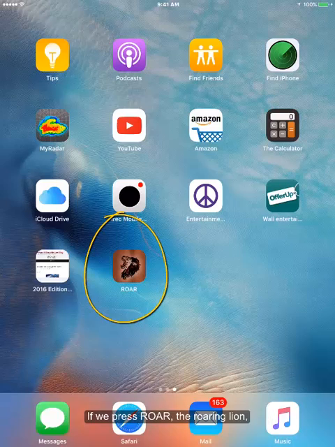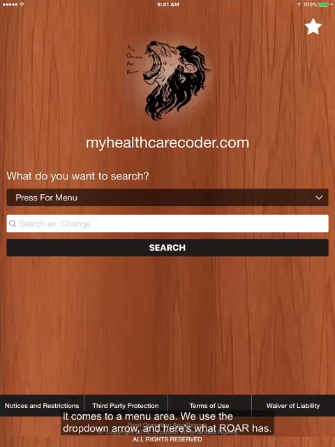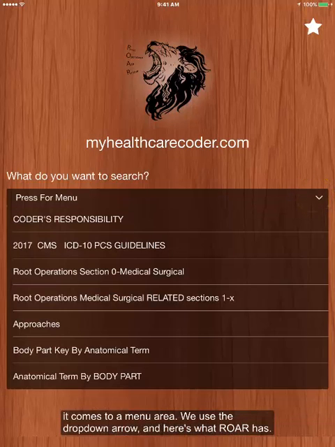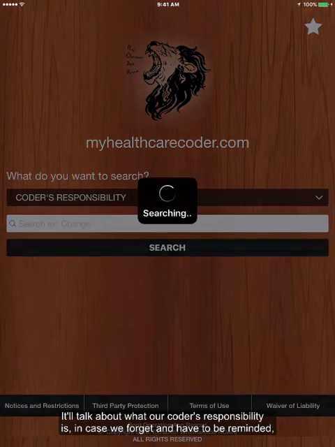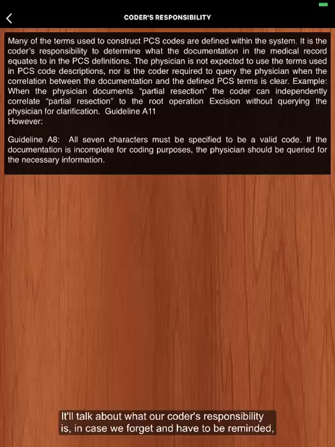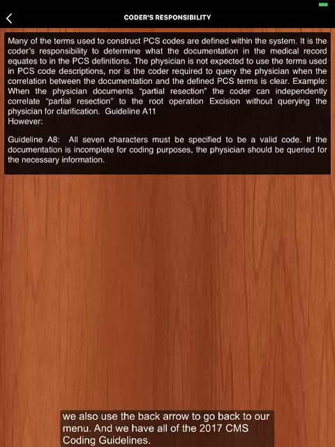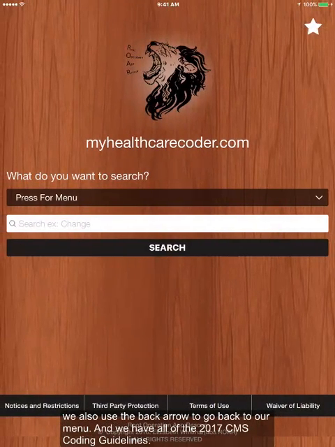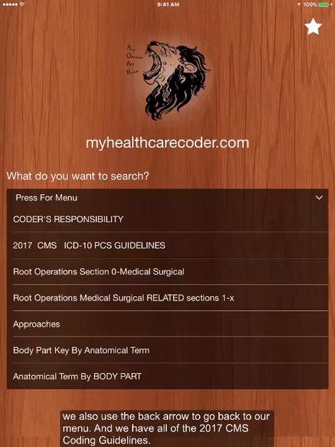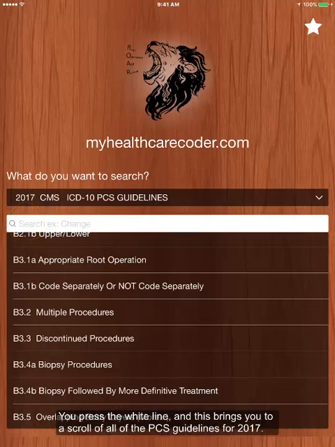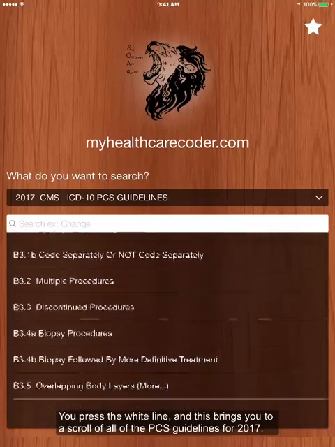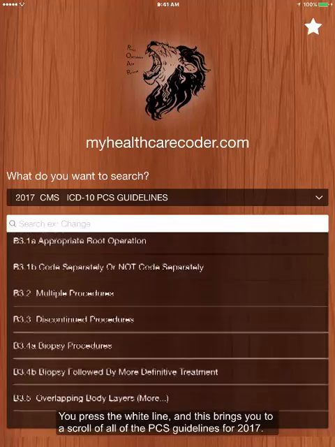If we press ROAR, the roaring lion, it comes to a menu area. We use the drop-down arrow, and here's what ROAR has. It'll talk about what our coder's responsibility is, in case we forget and have to be realigned. We also use the back arrow, go back to our menu, and we have all of the 2017 CMS coding guidelines. You press the white line, and this brings you to a scroll of all of the PCS guidelines for